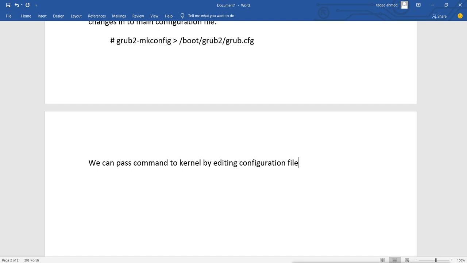Or we can say, pass the command to the kernel permanently by editing the configuration file.